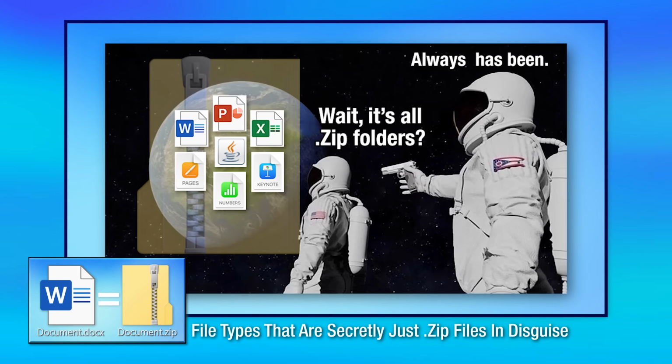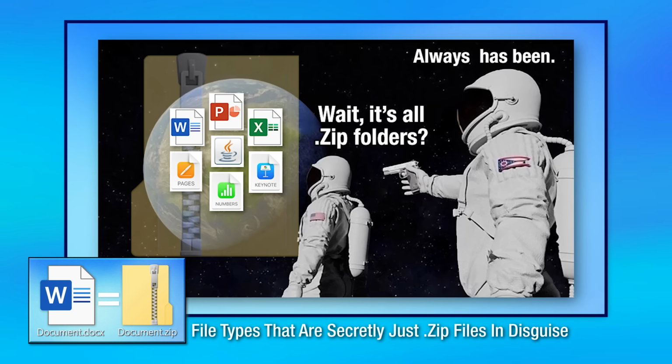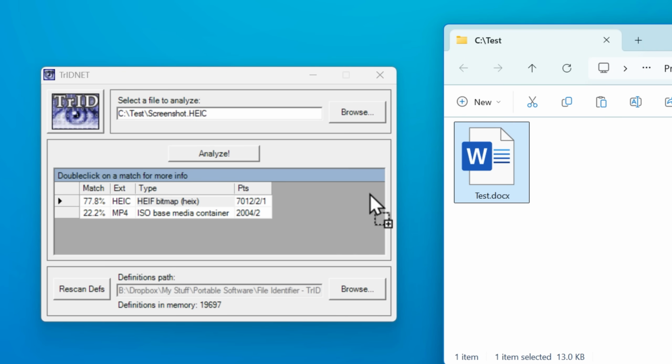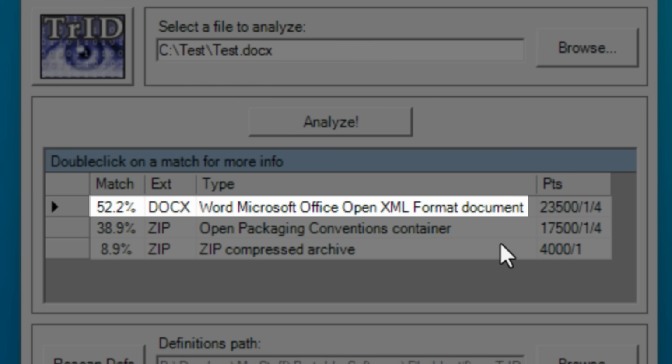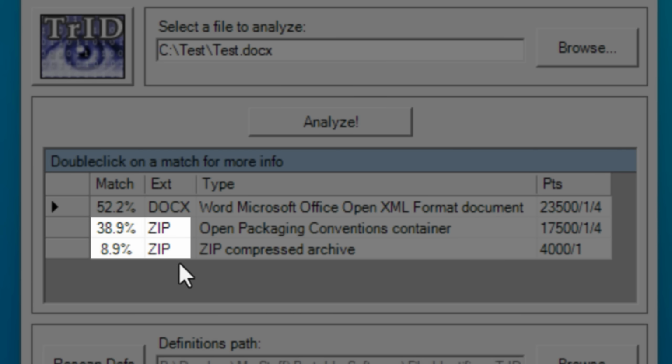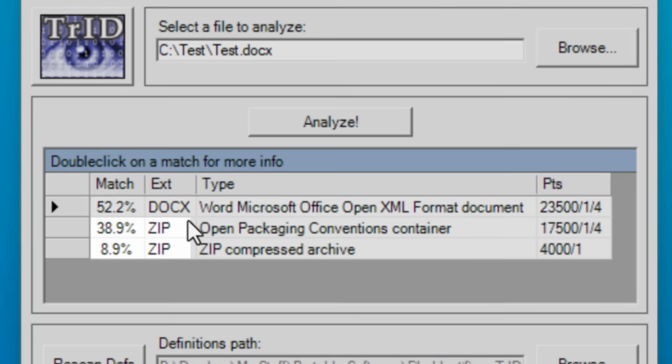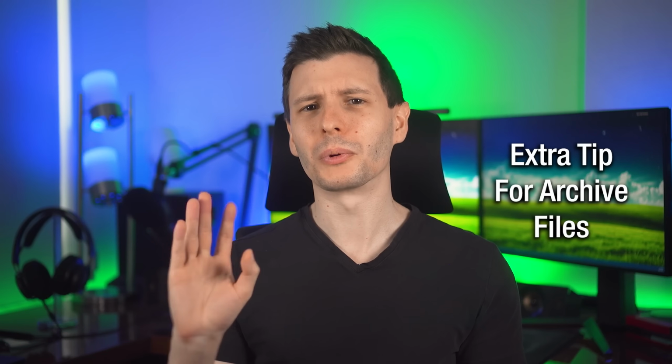And I made a whole video talking about that before, but just as a demonstration, if we put a docx file into the tool, you can see that it does show it, in addition to being recognized as a Word document. It can be that specific, but it also matches being a zip file too. So it'll show you multiple if there's different patterns that it recognizes, or at least the most likely one if it's not 100% sure.